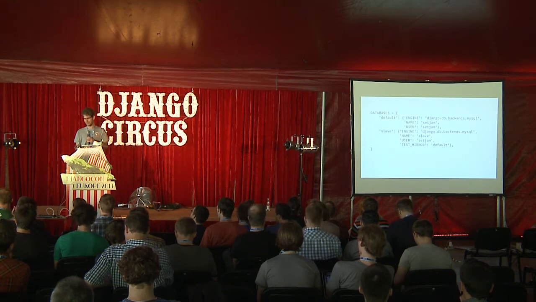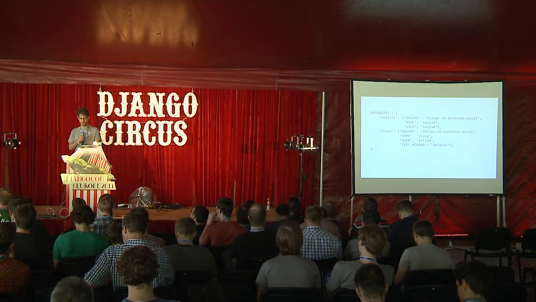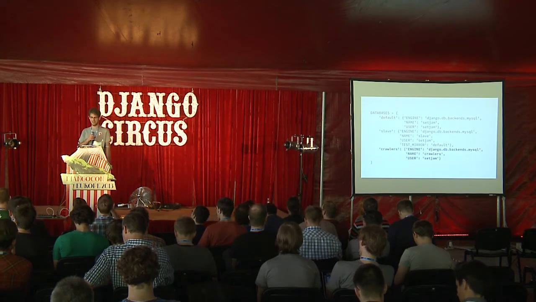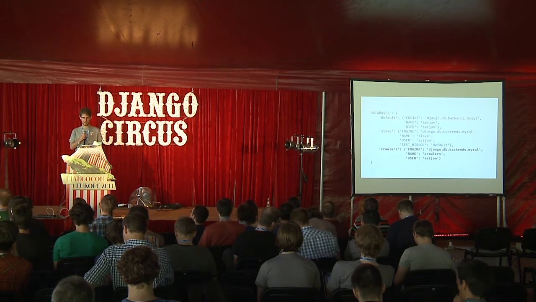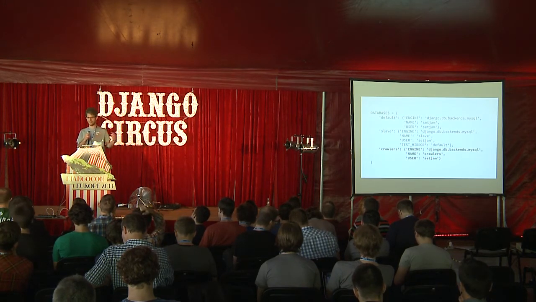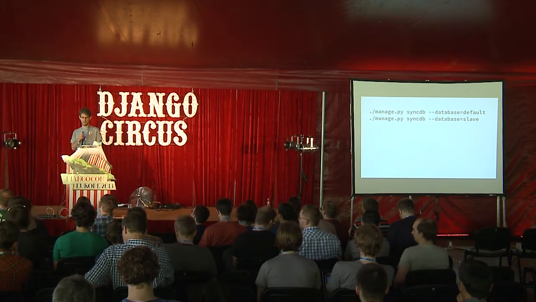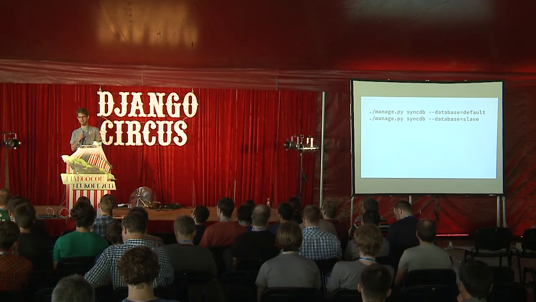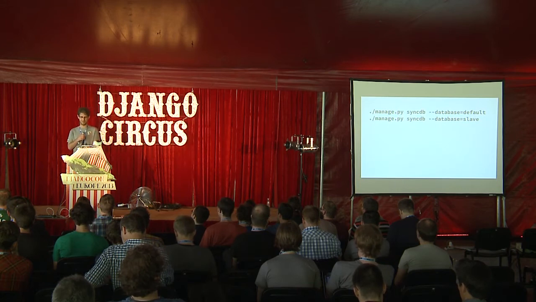So at first it allowed us just to store our databases in the settings. We could add another database that would store all the data that we don't need by default on the slave, all the data that we can get just from the web. And when you think about the API, I know that half of you have read the docs, so you know it. The API is really beautiful.